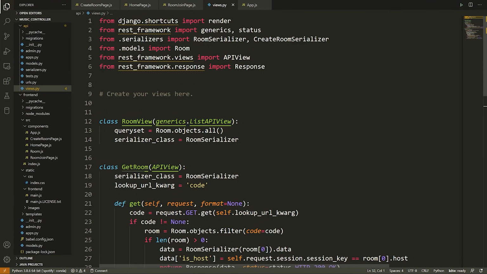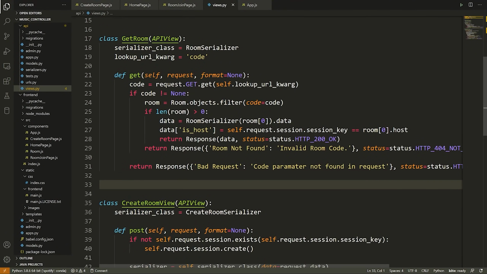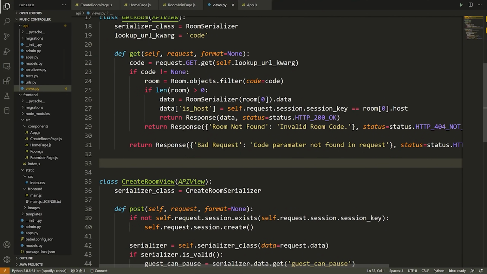All right, so I'm inside of my views.py file, which is inside of the API folder. The first thing we need to do here is make a new view that's going to allow us to join a room. The problem we're trying to solve is that a user wants to join a room. How do they do that? Well, they need to send us the room code. Then we need to make sure that code is indeed valid. And if it is, we can let the user join the room. Is there anything in the backend that we need to do to handle that? There actually is something that we need to do to let us know that this user is in this room, but we'll talk about that in a second.